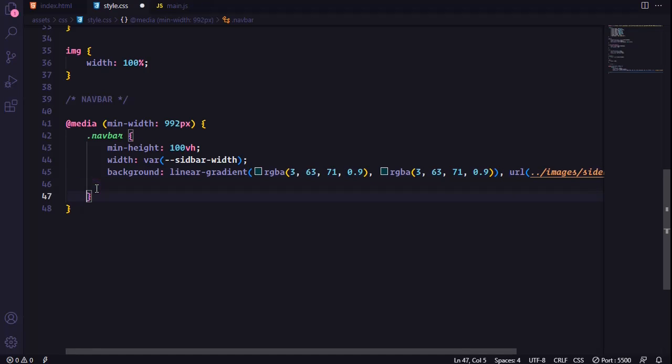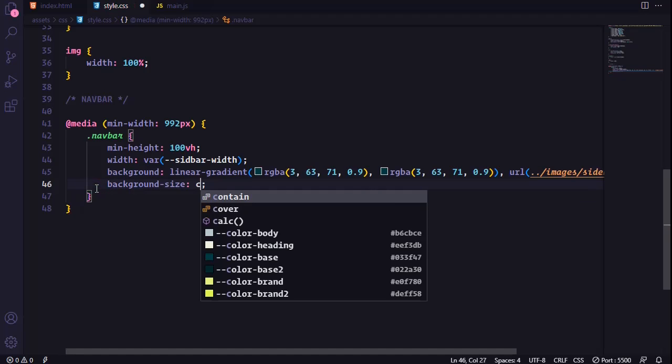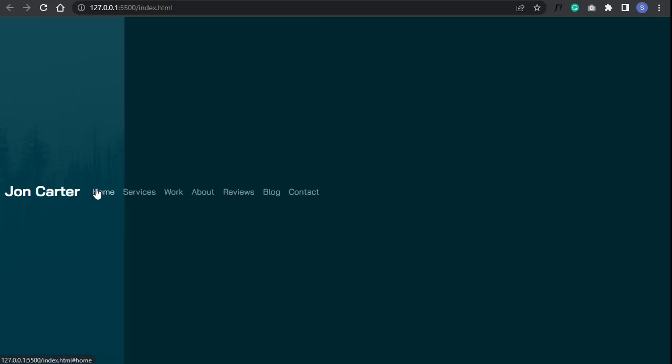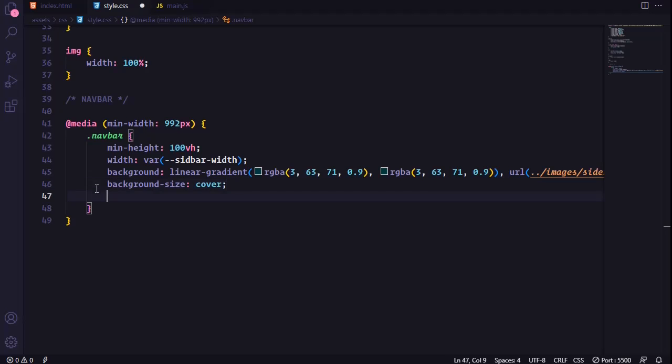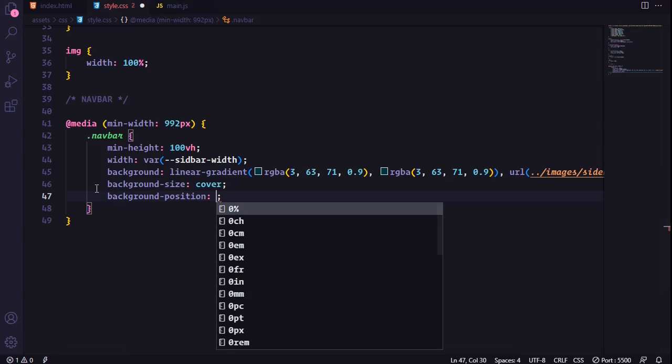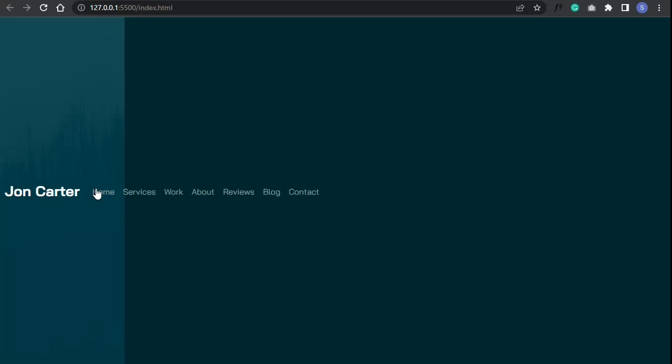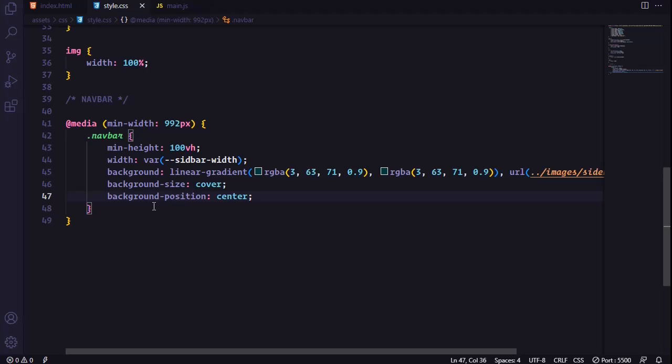and then I'm gonna select background size to cover. Okay, and set the background position to center. Okay,